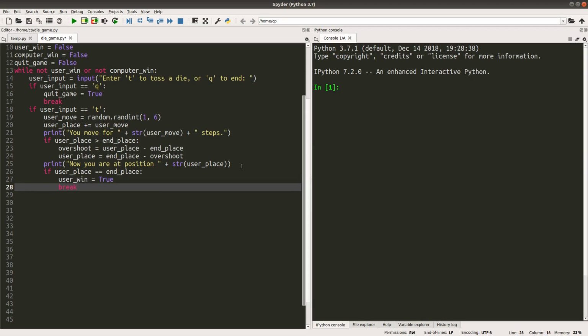If the user position is exactly equal to the finish line, the user wins. And I will turn user win boolean variable to be true. And then I will leave the whole while loop by using the break command. So how about the computer move? We can do similar things for computer.